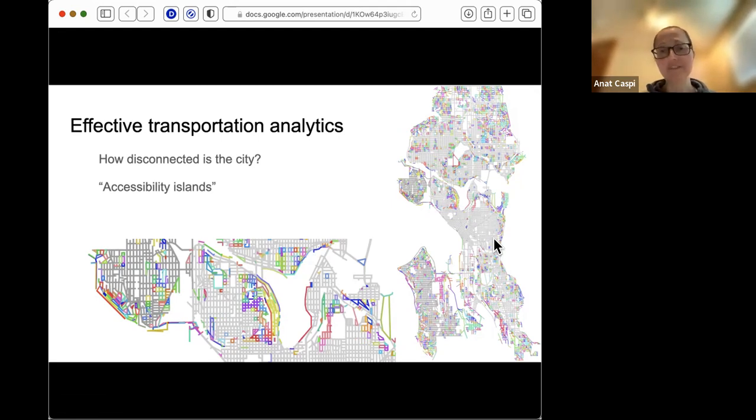But then we found about 170 additional tiny islands where if you're dropped off there with a wheelchair, forget it, right? You're not gonna get off. So you have a 1 block area here and another block area here. And if you think that this is just kind of an esoteric example,